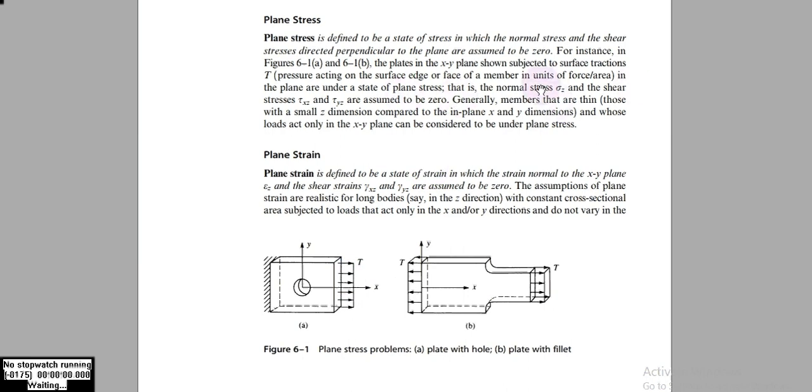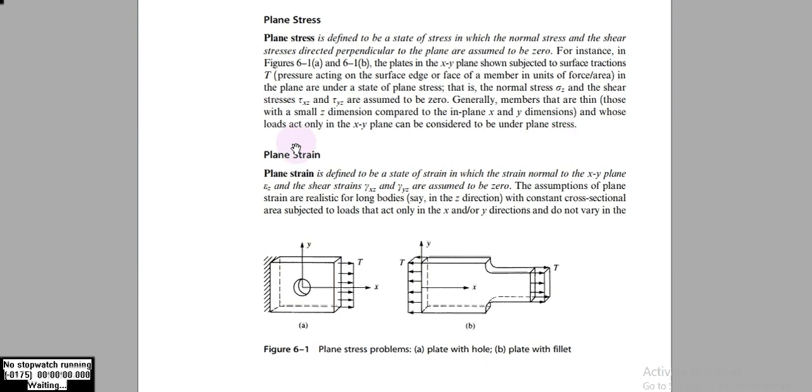the force per unit area, that is stress, in the plane which is under the plane stress, and that is the normal stress sigma z, and the shear stresses, that is tau xz and tau yz, which are also acting on that. So these two shear stresses, tau xz and tau yz, are assumed to be zero. Then generally this member is considered as thin, and the stress in plane xy can be considered to be under plane stress. Okay, so